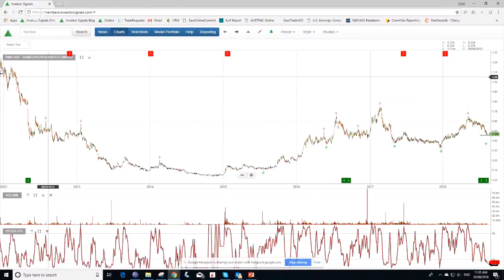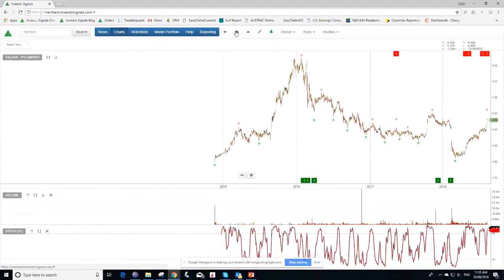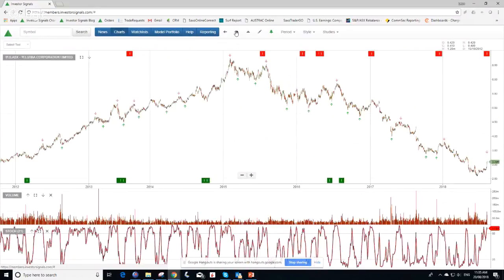Not doing anything in RMS at present, but just flagging there the higher low at around 46 cents. IPH, looking for that to run into resistance between sort of $5.50 and $6. Telstra. Now, we've had an algorithm sell signal here in Telstra, which is just a continuation of the lower low,